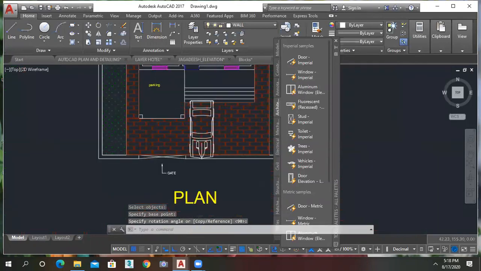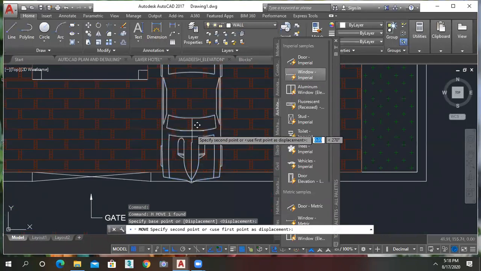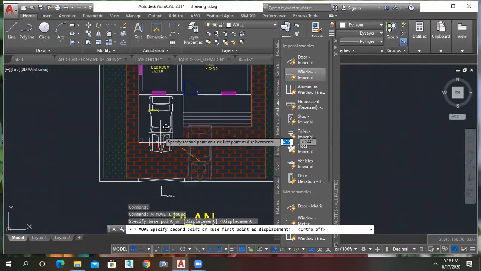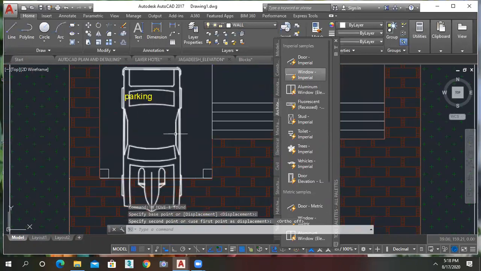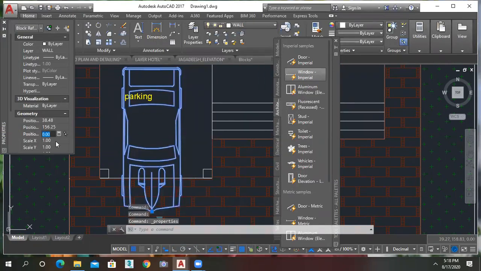Okay. Now you can move it. If I want to change the scale of this vehicle, you just click on that and go to the properties. And now change the scale of X, Y to 0.5, 0.5.